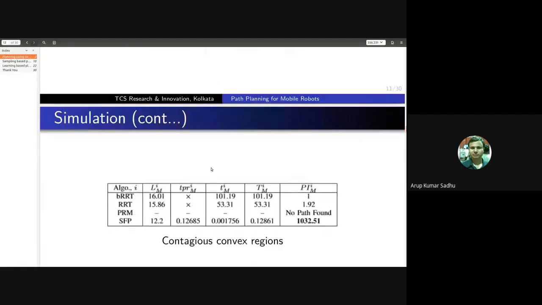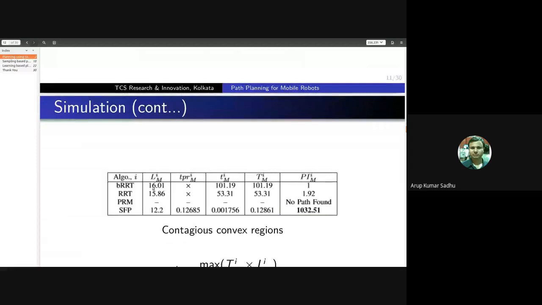After this there are some numerical comparisons between some traditional algorithms and our method. The last one is our proposed approach, the safe and fast path planning, along with bidirectional rapidly exploring random tree, and probabilistic roadmap. You can see that in the case of probabilistic roadmap, we don't have any path in the maze-like environment.